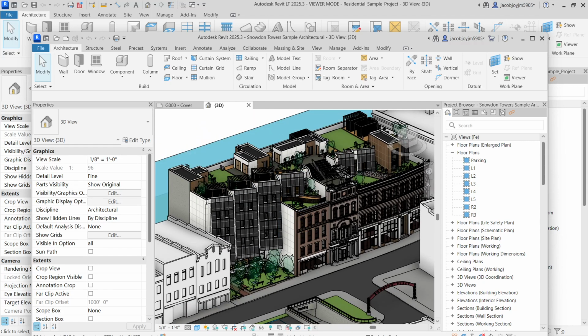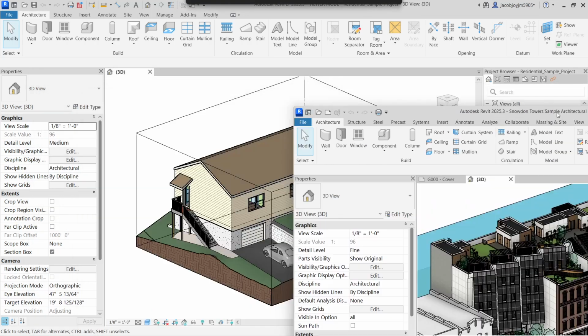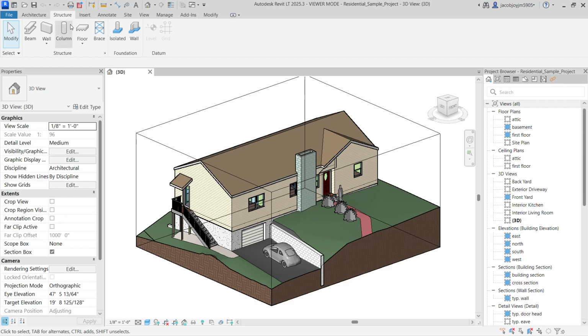Okay, let's go to architecture tab. Okay, so this is Revit LT architecture tab. And this is Revit full version architecture tab. We have build panel, circulation panel, model panel, room and area, openings, datum, and work plane. Same like full version. If I go to structure,